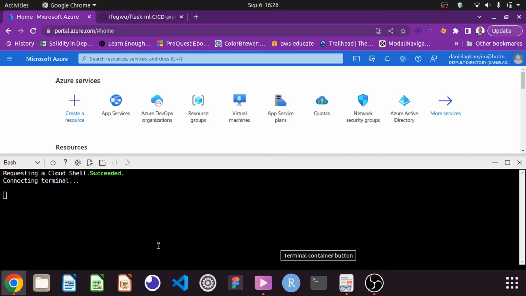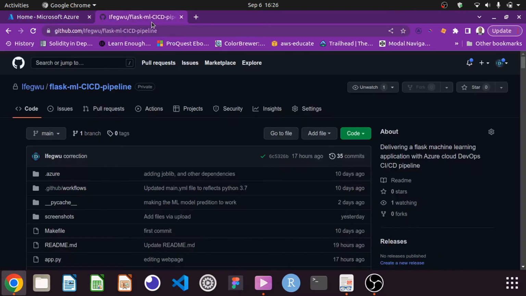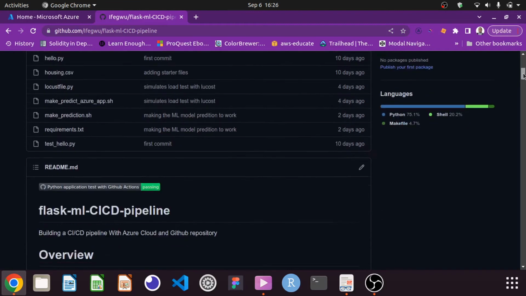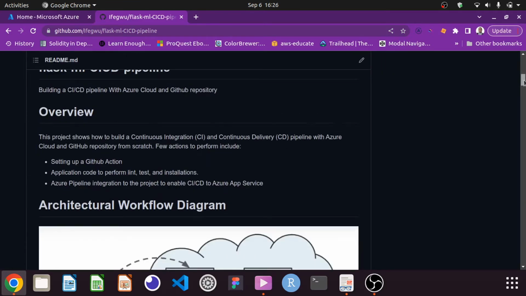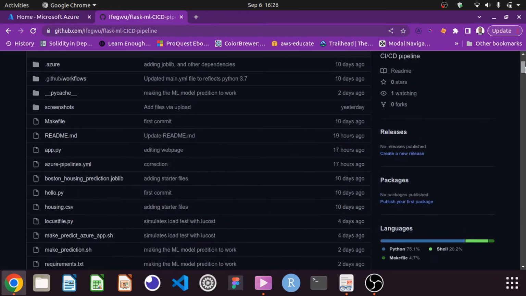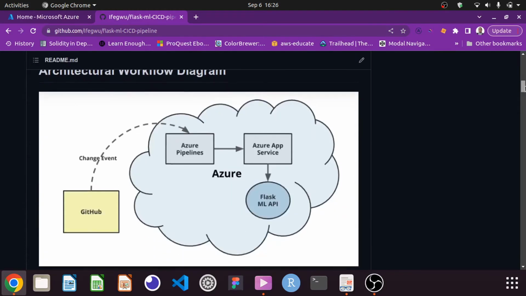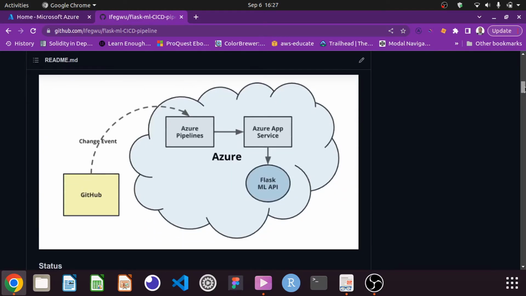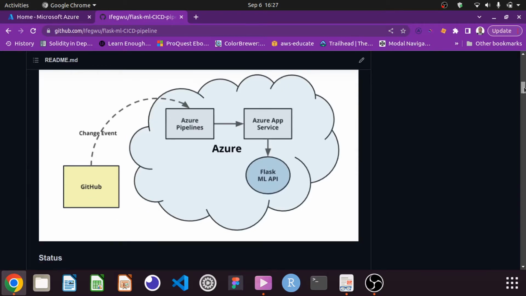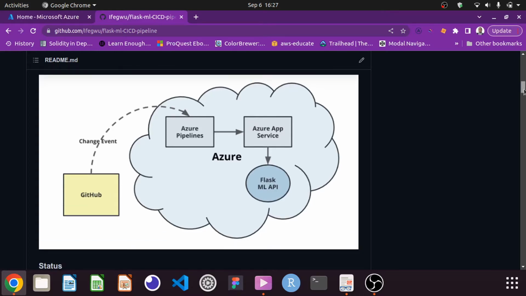Then, you have already cloned your GitHub web repo. Here I have already done my GitHub repo, then included all the boilerplates that have been given for the assignment. So here is the architectural design of how GitHub and the Azure pipeline, in fact, Azure infrastructure will talk to your API to effect the continuous integration and continuous delivery of every changes you have made to